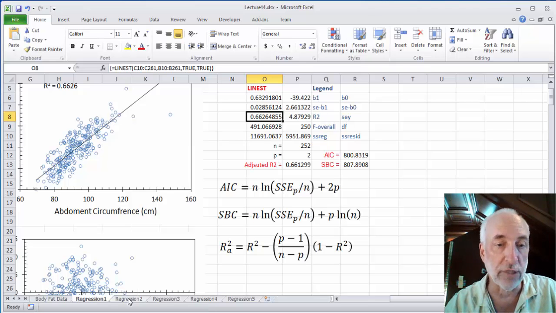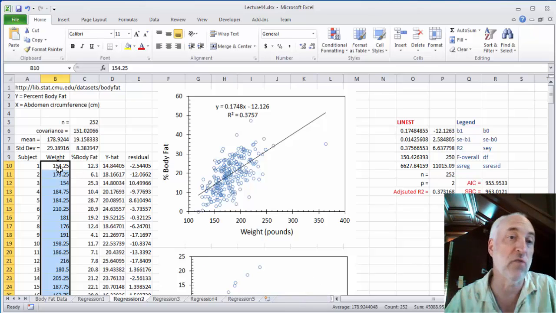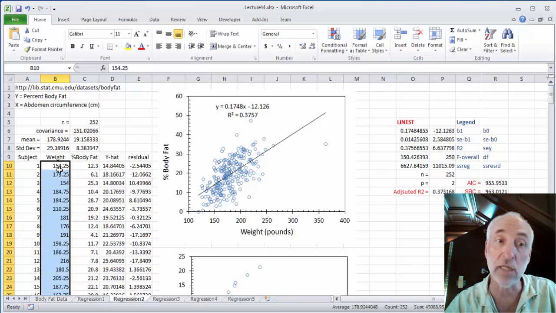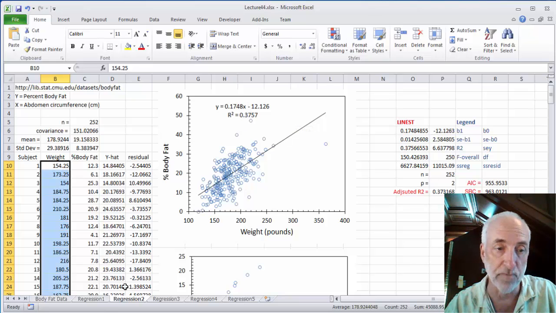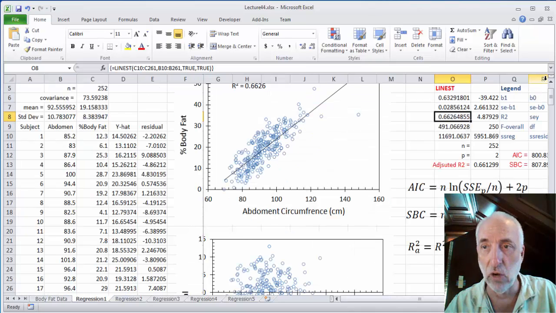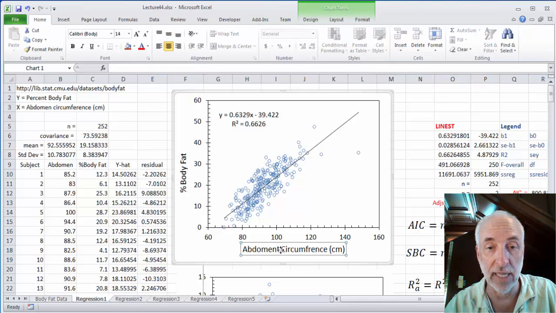But we can do other regressions. Here's a regression where I use the weight. We might think of weight as a predictor of the percent body fat, but in fact it's not nearly as good as abdomen circumference. You see the R squared is 0.37. Before it was 0.66. So we're definitely explaining a lot more of the variance with abdomen,